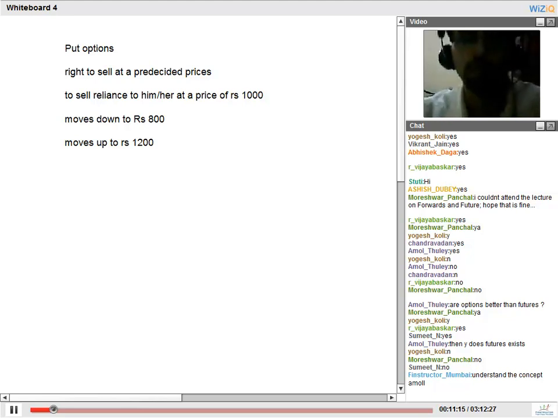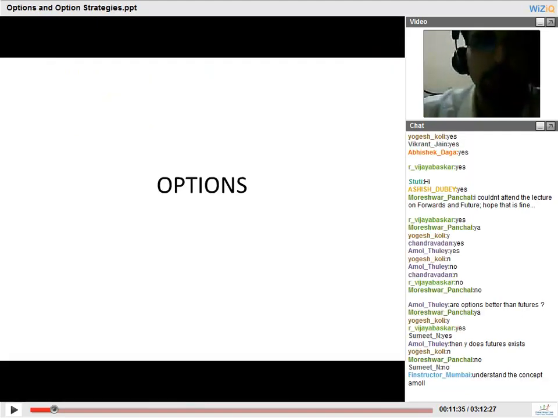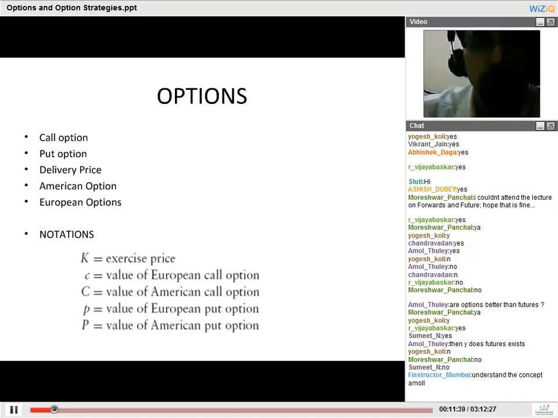So guys, we broadly understand what the two types of options are. Again, for having the option to sell to the counterparty for a price of 1,000 rupees, the writer of the option, or the seller of the option, will charge an upfront premium. We will understand how that premium is calculated and we'll understand further concepts. So, to revise, options are a right but not the obligation.